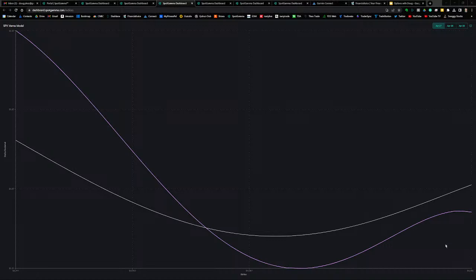Now the pink line, or pink purple line, is showing how market makers' delta notional changes with changes in price and with changes in implied volatility. That's the Vanna effect, the change in delta with the change in implied volatility. And what this is showing is that as price decreases, and this was the case for the last couple of days, market makers' delta notional will increase and they have to sell futures. And that tends to, in a negative gamma environment, enhance volatility.